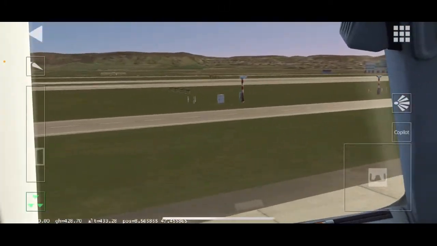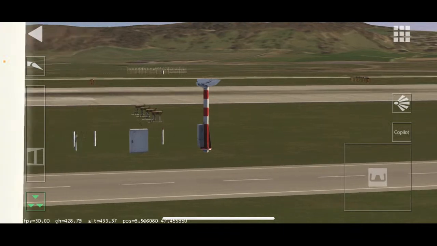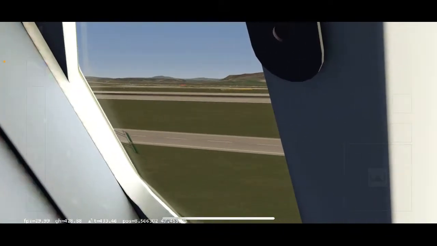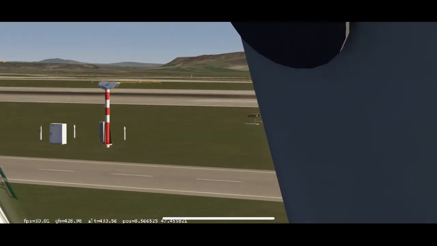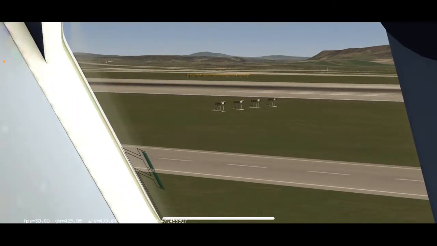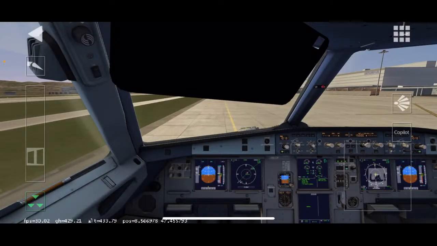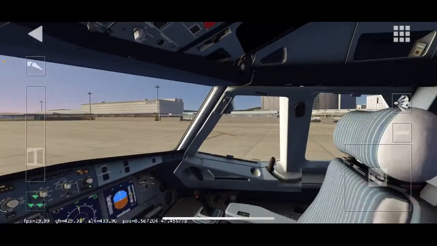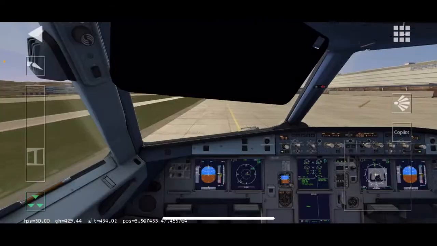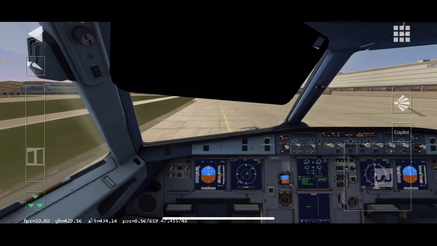Wow, this is what I mean by quality. Look at that. Look at the beacon lights. The flashing lights are actually the actual beacon lights. They're not just little orbs of light like in Infinite Flight. I'm not bashing Infinite Flight, but I'm just saying. Yeah. All right, let's continue here.